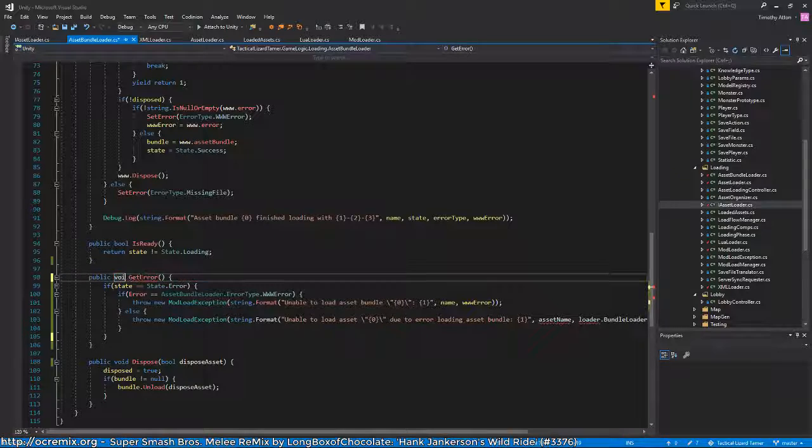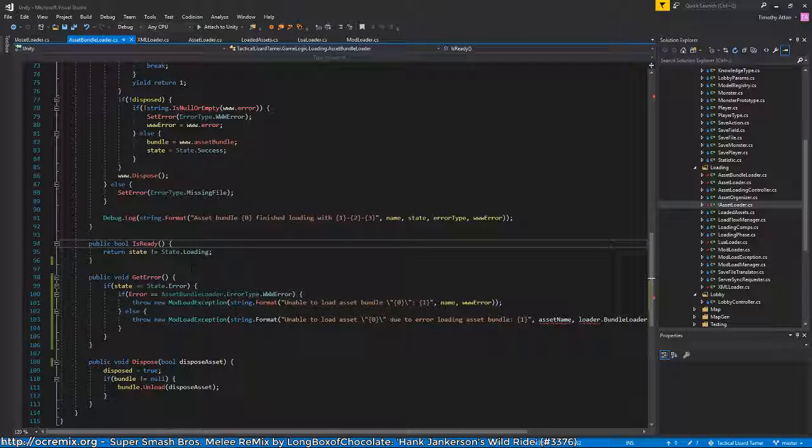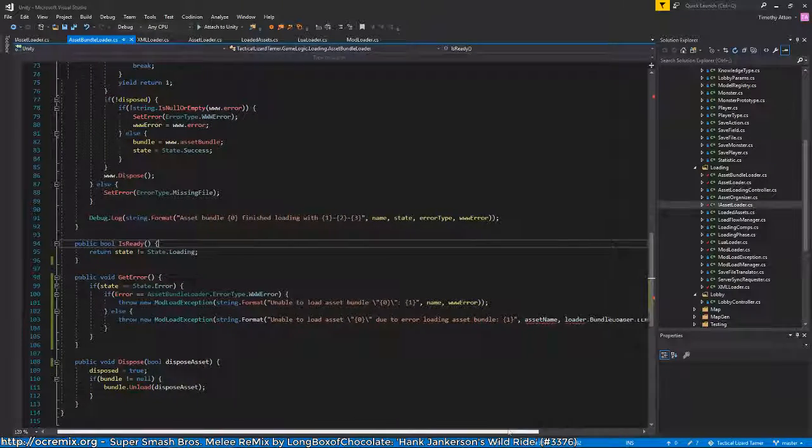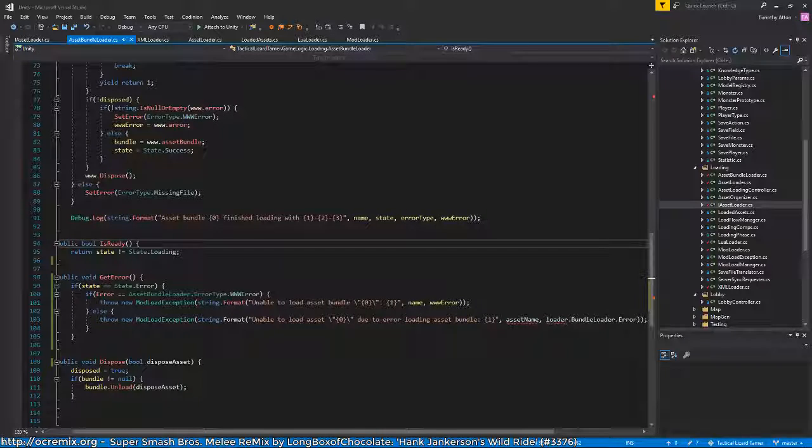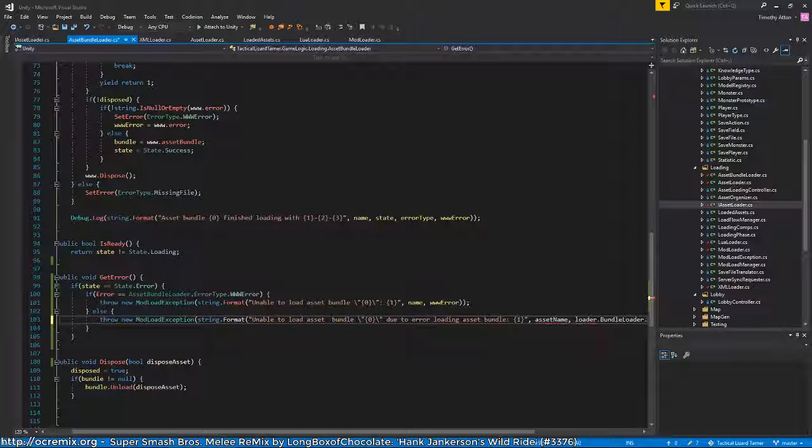Okay, so void. Okay, so yeah, we just do the same thing except we don't use the www error. And that's just something that's generated by Unity, so